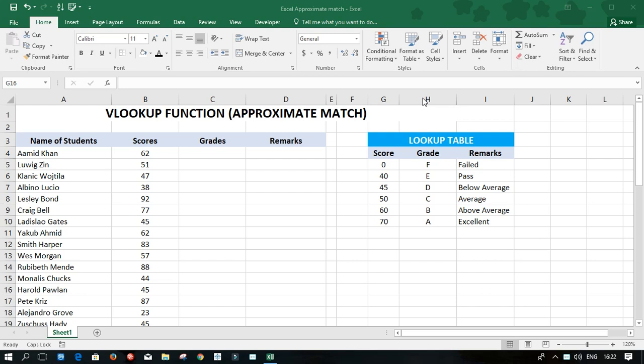In this lecture video, I want to take us on a journey of using the VLOOKUP function. And the part of VLOOKUP I want to use is the approximate match. So let's get started. So I have the names of the students, and these are the scores they obtained in